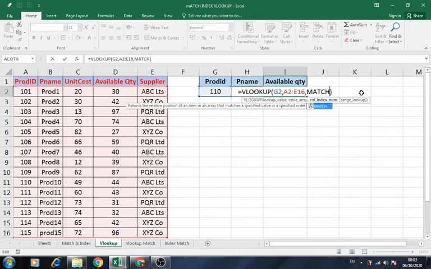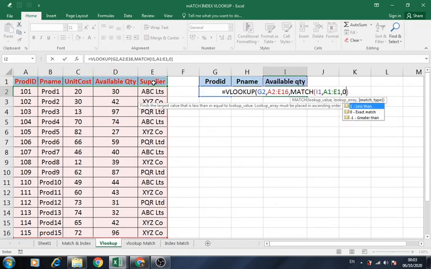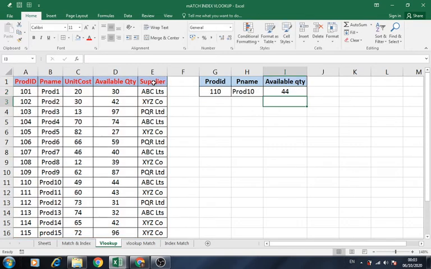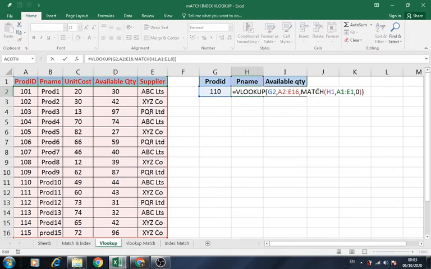Similarly here, instead of mentioning the column number, I'll be using the match function. Match this field in this list, and we want the exact match. See, this could retrieve the right output. Now I repeat, we did not mention any column number, rather we used the match function